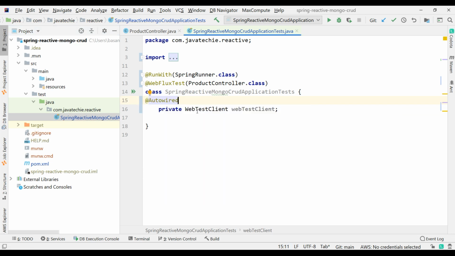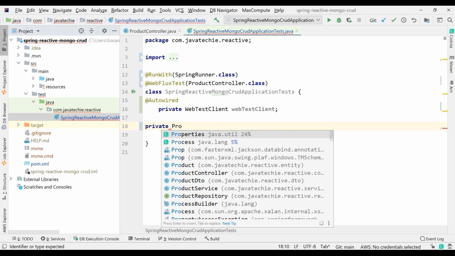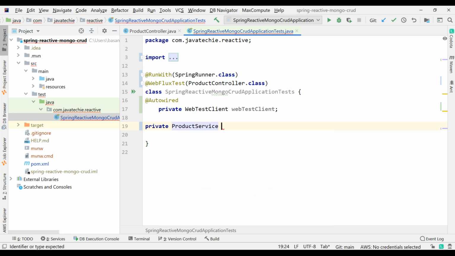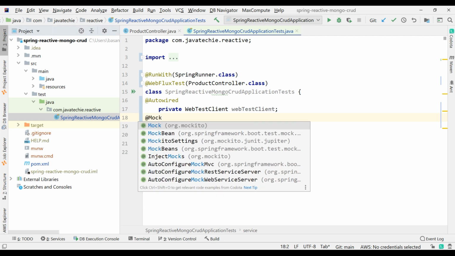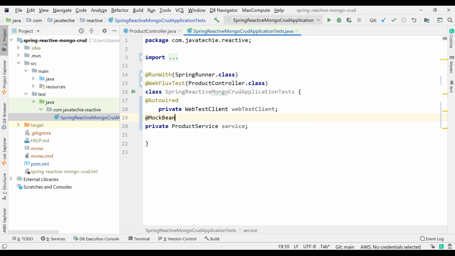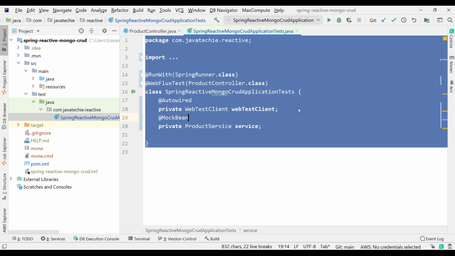using @Autowired. Then we need to add private ProductService, and annotate it with @MockBean, so that it will not create the actual object, it will give us the stub. Fine. Now if you go to your controller class,